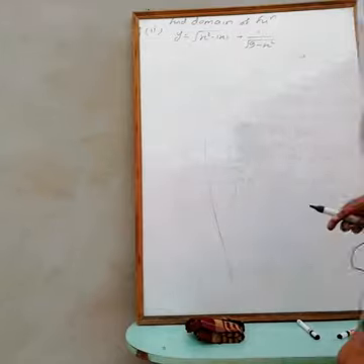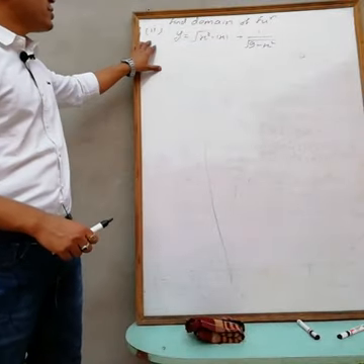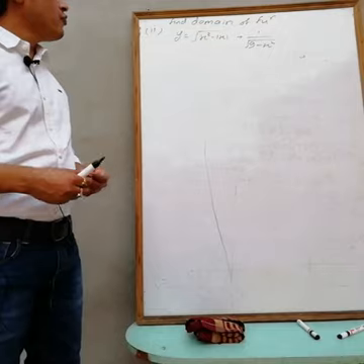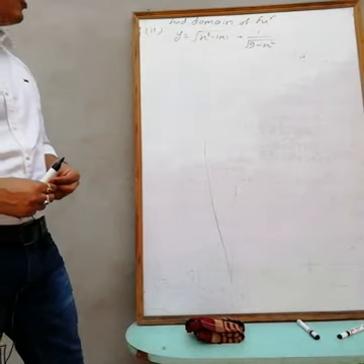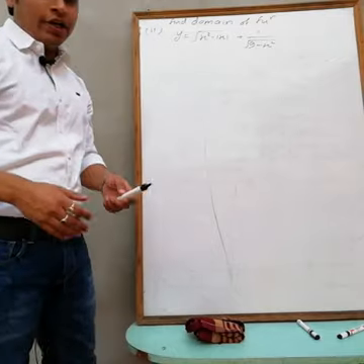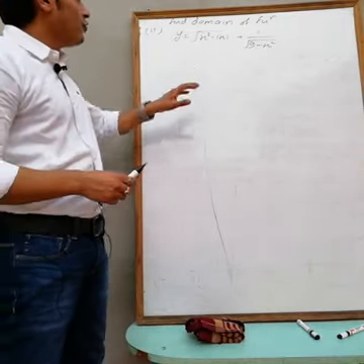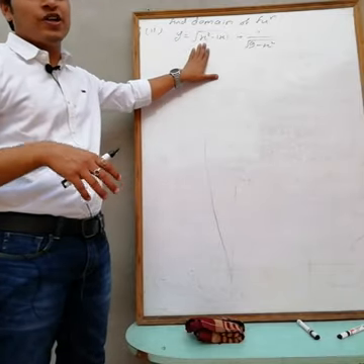Okay, so the previous question was to find the domain, and the first one is done. Now the second question: find the domain of this function y equals root of (x square minus mod x plus 1) by root of (9 minus x square). The domain is the set of all possible values of x for which the function is defined. It means the function becomes real.